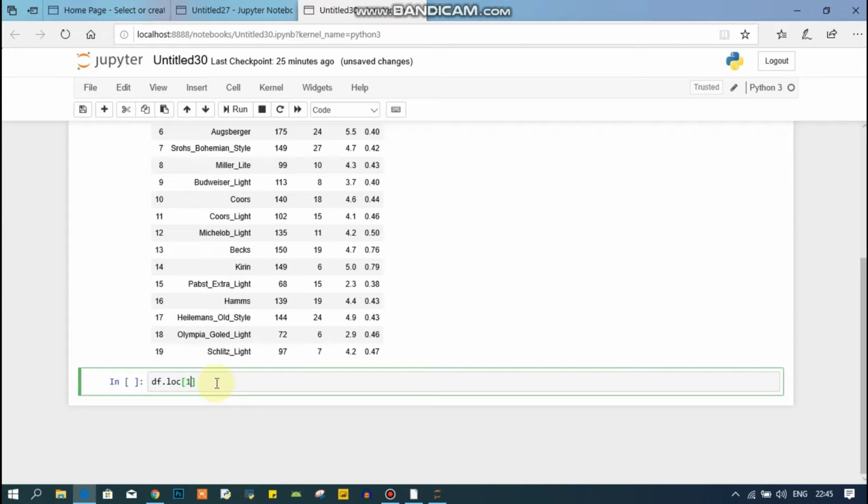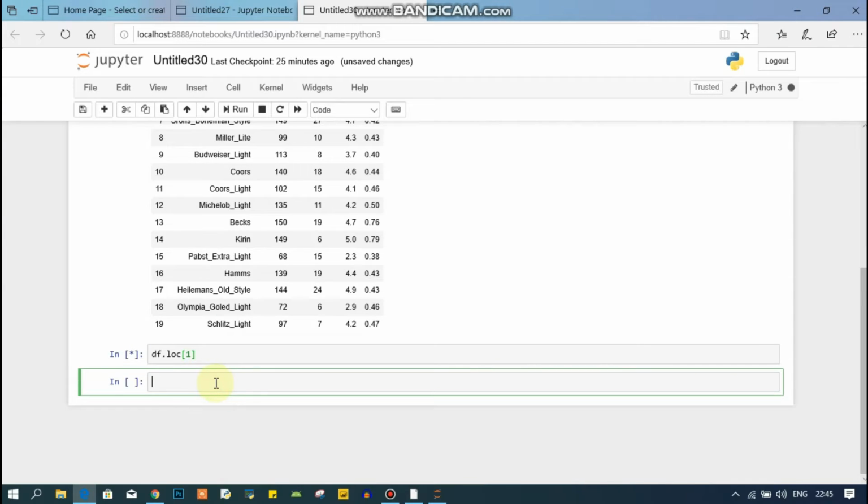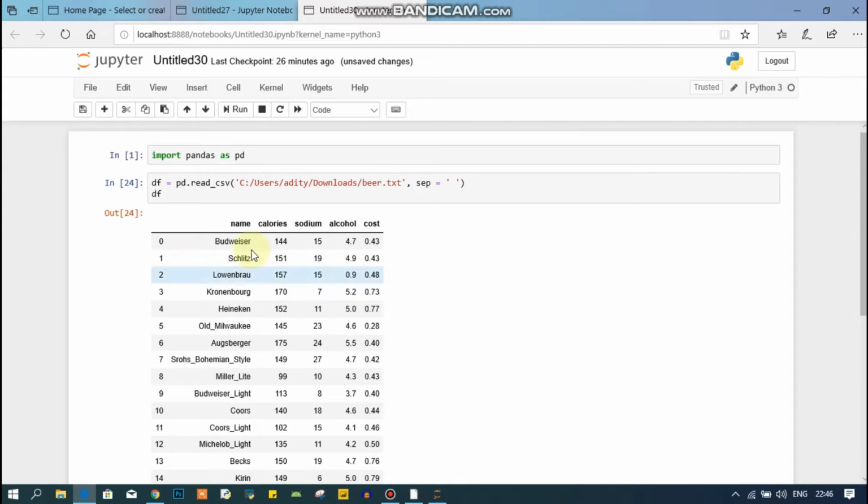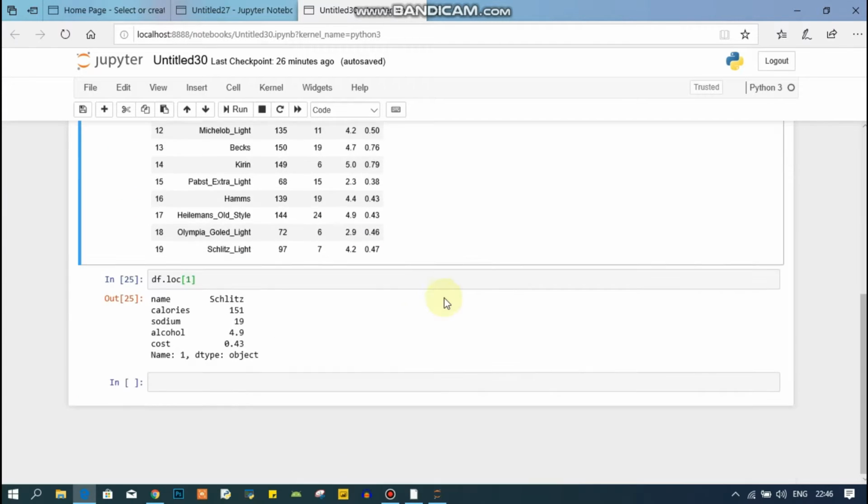So let's see this. I run this. So here it represents all the rows starting from the 1, that is name, calories, sodium, alcohol, and cost.